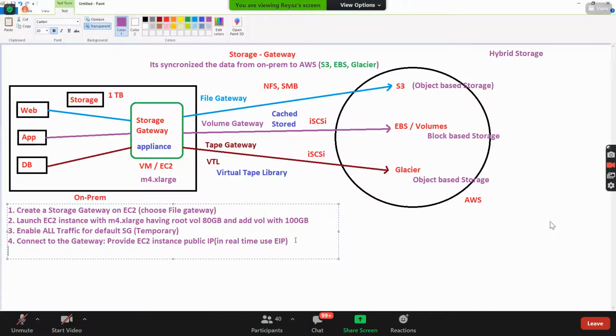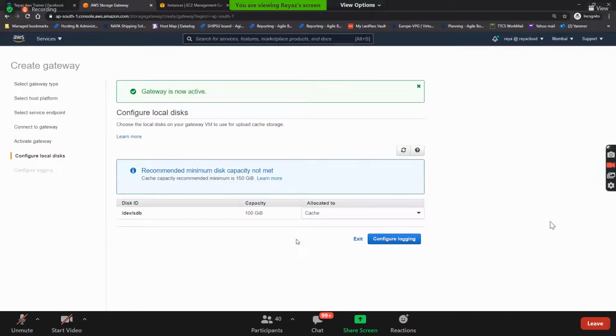And then what we did, wait until the gateway is active and allocate, and see if 100 GB is allocated as cache. Is this clear till here, guys?